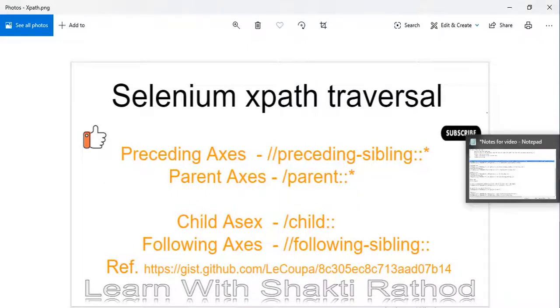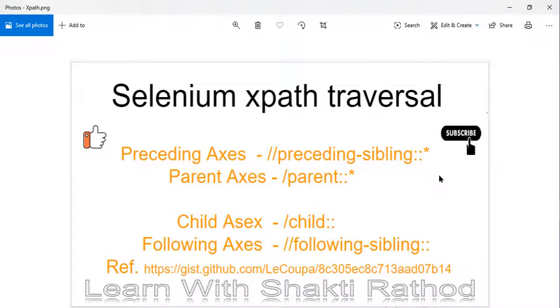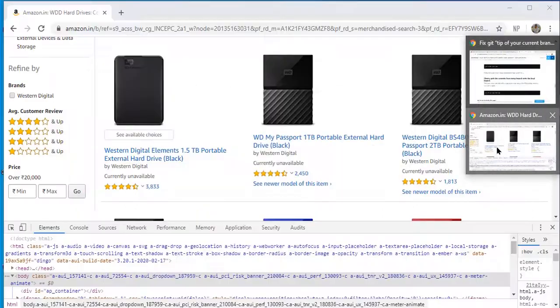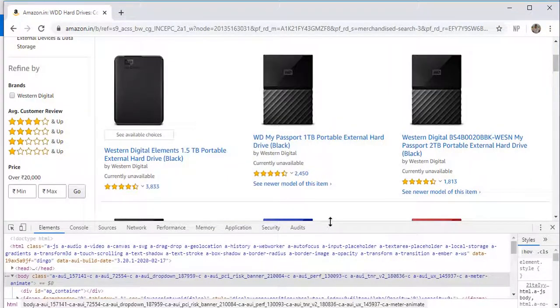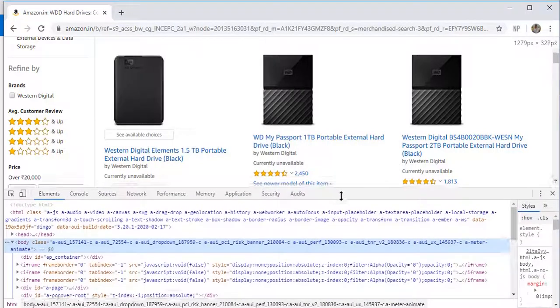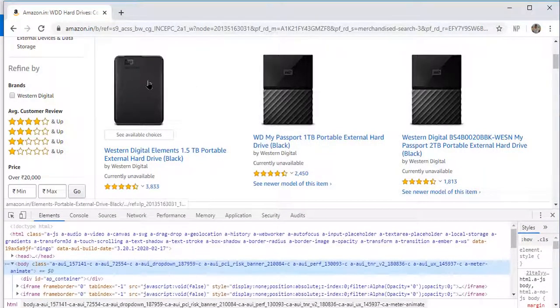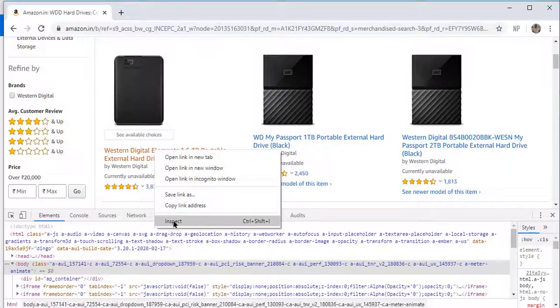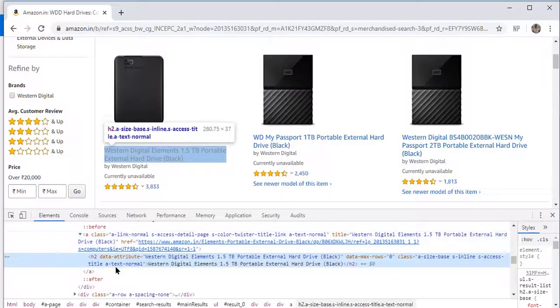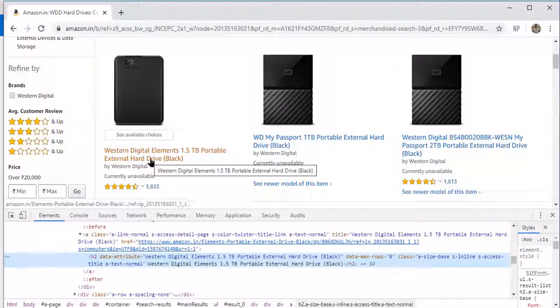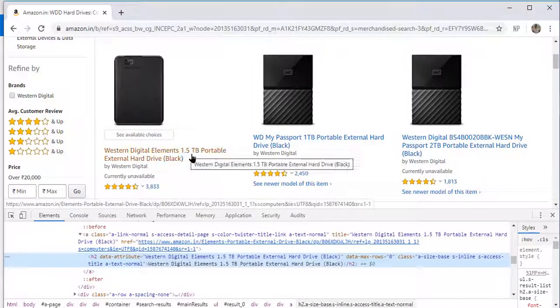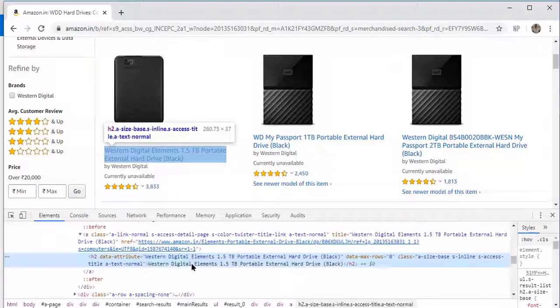I'm not going to show you the coding part. You will just see this directly in the Chrome browser. Just right click on whatever element you need to spy, and the element inspector will open the developer tools. Suppose this element is easy to find. It has 1.5 TB hard disks and all these things. This is the example I'm going to take.